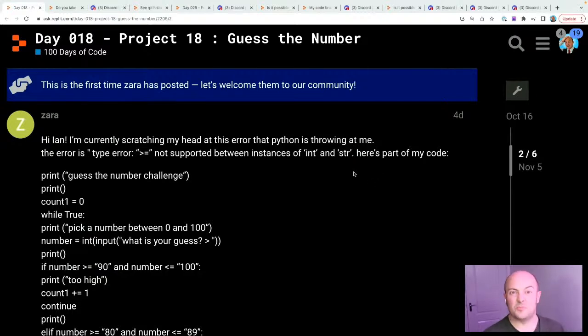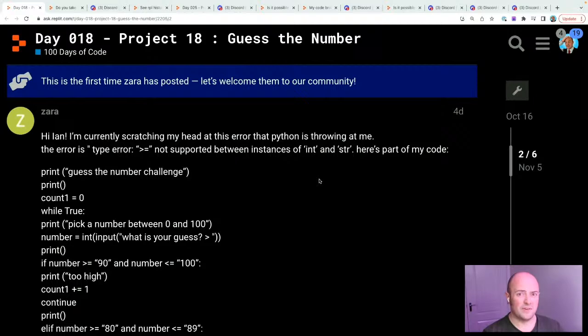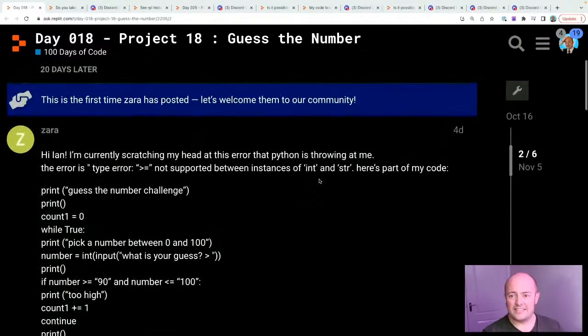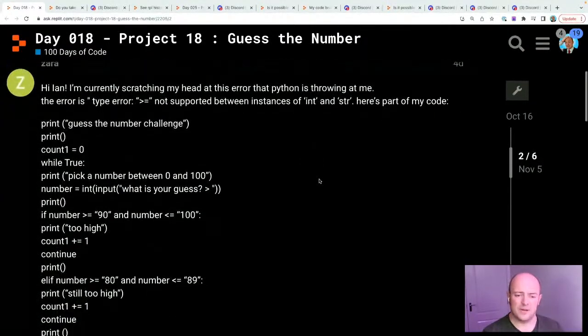But spoiler alert, the big project there is writing your own visual novel, which is a bit of fun. So it's worth persevering through it to get to that point, I think, anyway. And the demo visual novel I've made for it, it's a bit of fun. Anyway, day 18, which was a guess the number game.